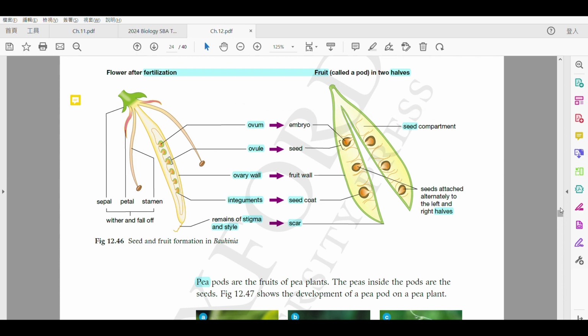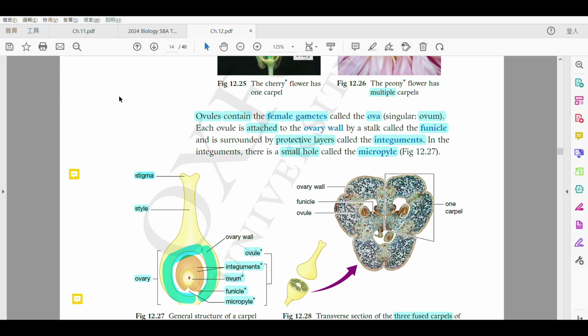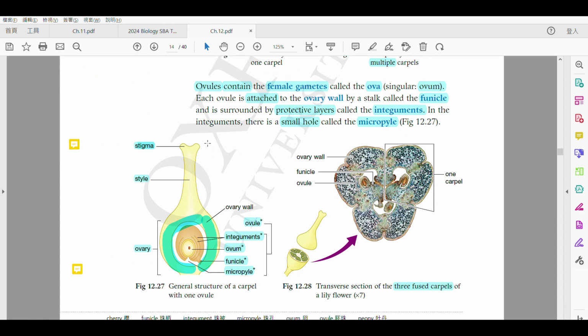So let's go up a bit and let's go to page 14. Alright, so we see here. So similarly，我哋會有個 stigma, style 嗱，自己好快咁讀一次啊，stigma, style. And then the remaining part is the ovary，得唔得？SOS 啊。好啦，and then outside 最外嗰層啦，the outermost layer we call it the ovary wall 啦。